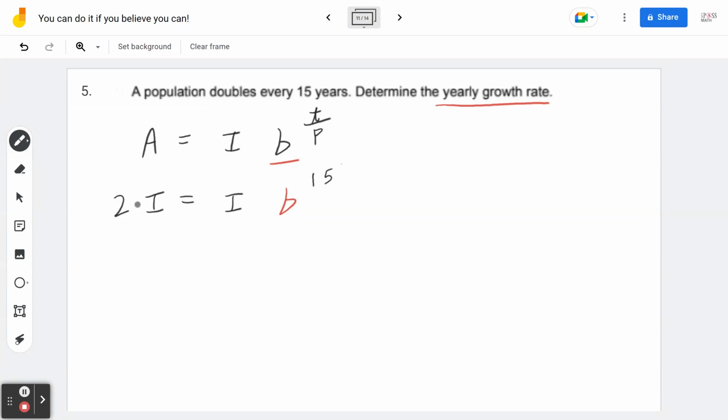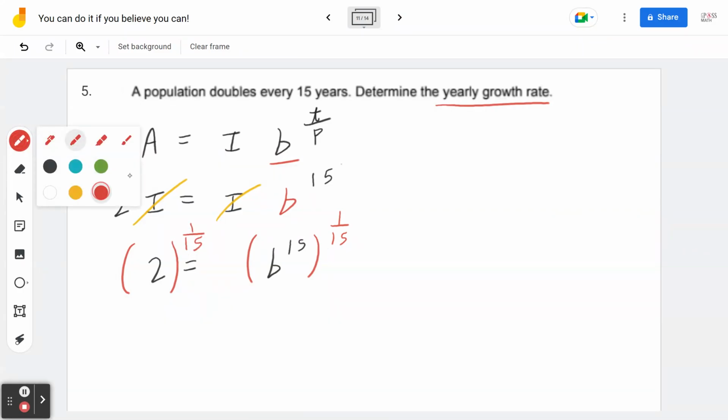Okay. So again, the opposite of multiplying by I is to divide by I, or you can cross out the 2 I's from each side. 2 equals B to the power of 15. The opposite of to the power of 15 is you take each side to the power of 1 over 15. So again, I'm going to grab the calculator. I'm going to try this. This is going to be 2 to the power of 1 divided by 15. And this is going to be